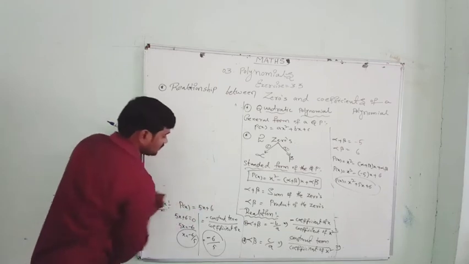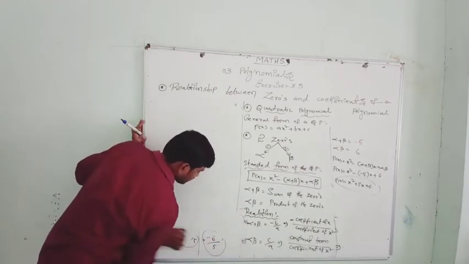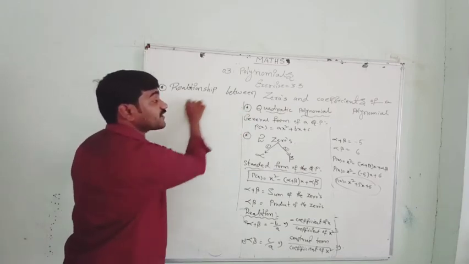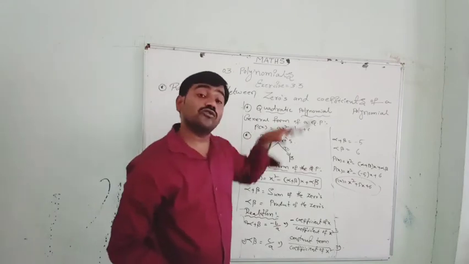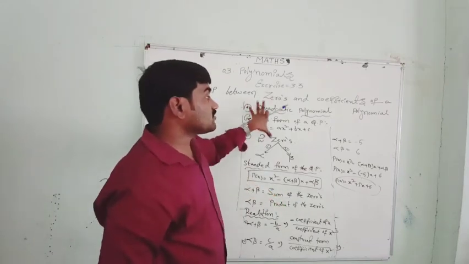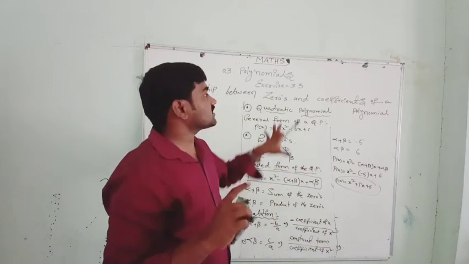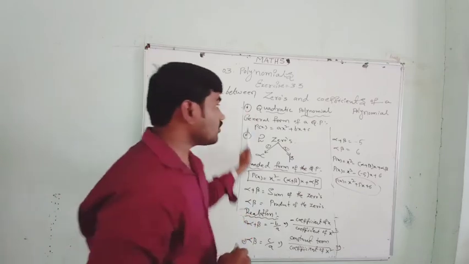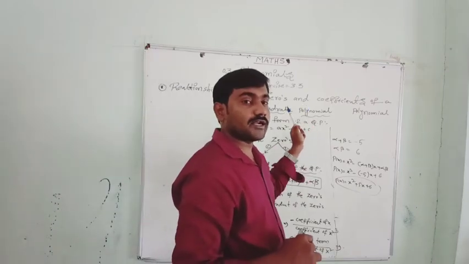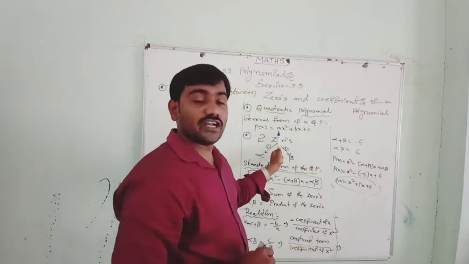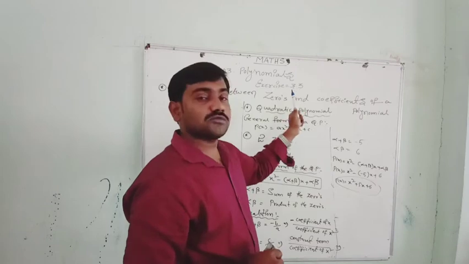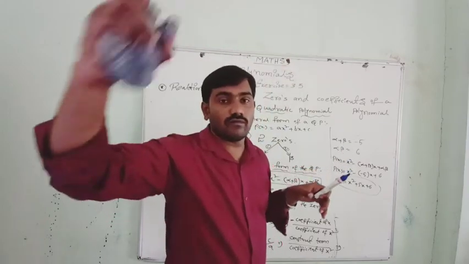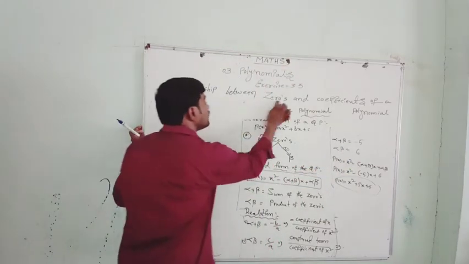I need to rub this out to explain the cubic polynomial. Already we have learned the graphical representation of linear, quadratic and cubic polynomials. All the problems of quadratic polynomial graphs we have drawn in exercise 3.2. The linear polynomial graph is a straight line. The quadratic polynomial is a parabola, either an upside or downside parabola, depending on the coefficient of x square. If the coefficient is positive it is an upside parabola, and if negative, a downside parabola. Then the cubic polynomial is like a curve, a wave. Okay, then here I also wrote this.